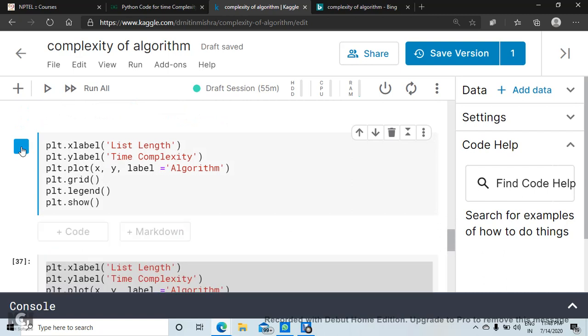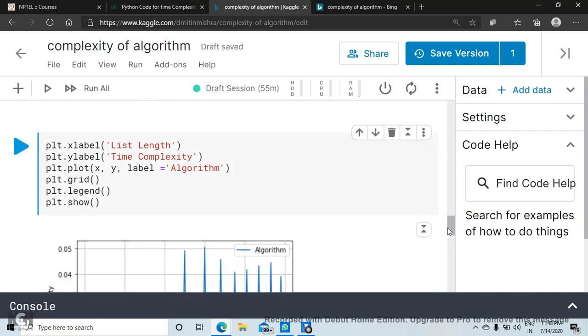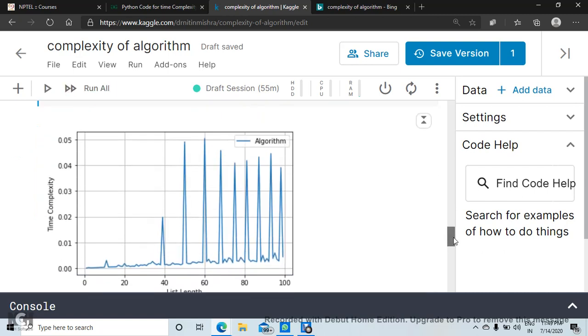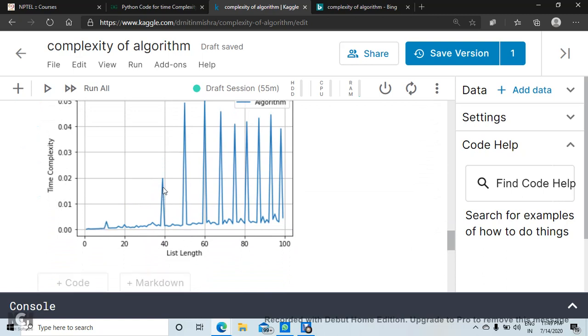And now you can see that there are some outliers, but if you follow my mouse, it almost finds a straight line.